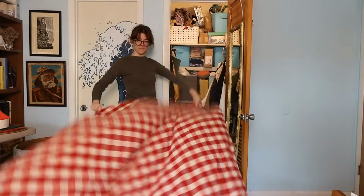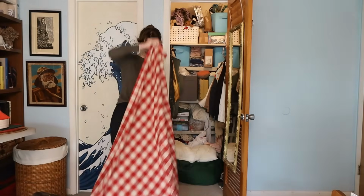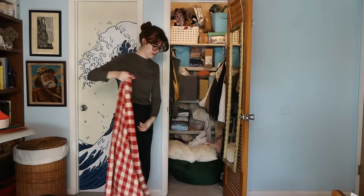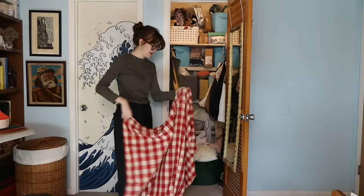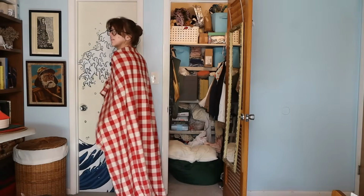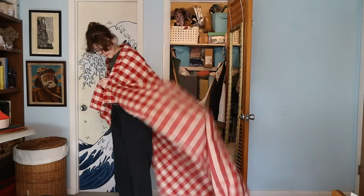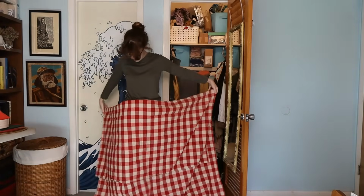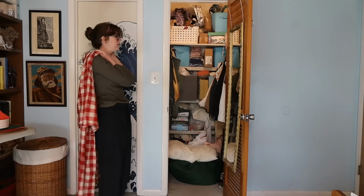The plan for this cape was to have a rectangle with a channel and a piece of rope in that channel so it could be gathered into a cape or laid flat like a blanket. Since this was a tablecloth, I didn't have to worry about finishing any of the edges because they were already hemmed. But the tablecloth was a bit too long. I could cut it down, but then I would have to sew a hem. I staunchly refused to do this, so I decided to fold over the excess length and make it into a